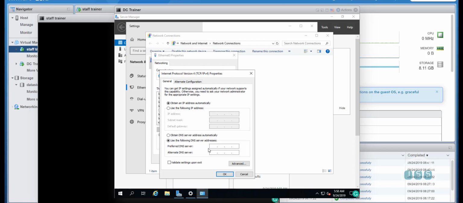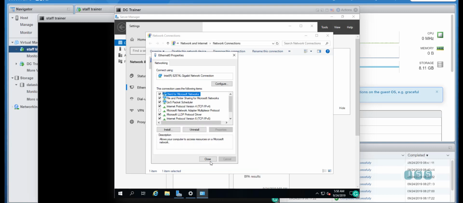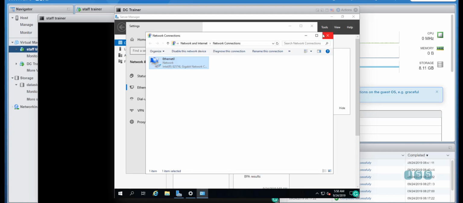So what we're going to do is put 127.0.0.1, and also I'm going to put the Google DNS, just so it has some type of connection. You don't have to put this, but I like to put it there. The loopback address is kind of like, if this IP address changes, it's always going to be this IP address, and that's what we want for this domain controller, to keep its own IP address every time it's giving services. So we're going to click OK and close that,